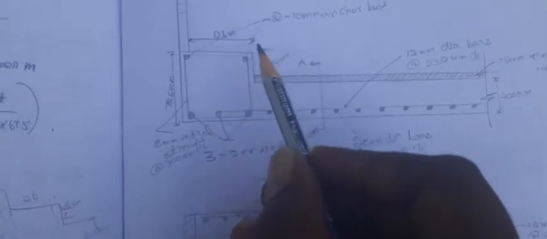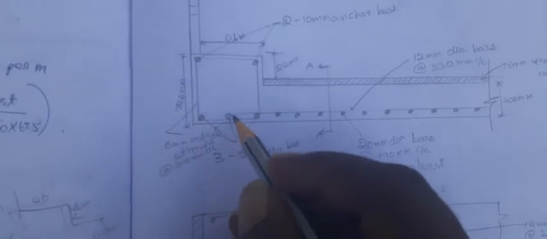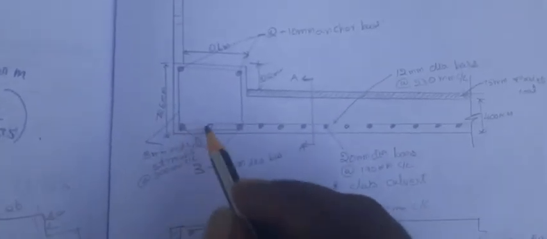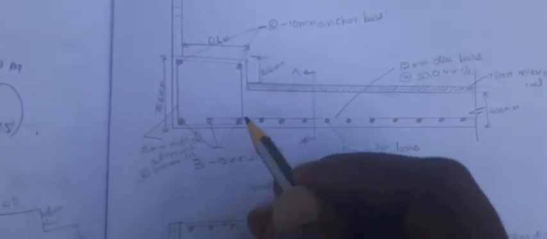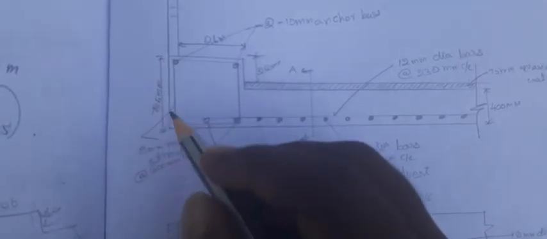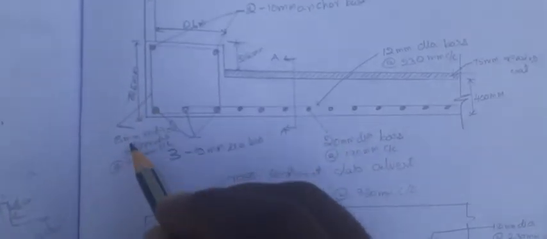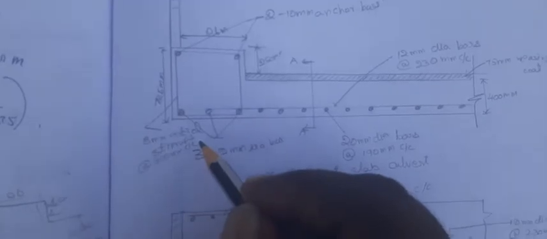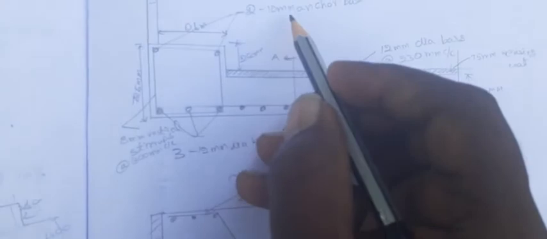And this portion is a curb section. In the curb section we know the main reinforcement is 3 numbers, so 3 numbers of 12 mm diameter. So I am providing 3 numbers of 12 mm diameter here. Also for minimum shear reinforcement we are providing 8 mm dia stirrups. So this ring is a stirrup of 8 mm vertical stirrups at 300 mm center to center spacing, and these two here are anchor bars. So 2 bars of 10 mm diameter we are providing.